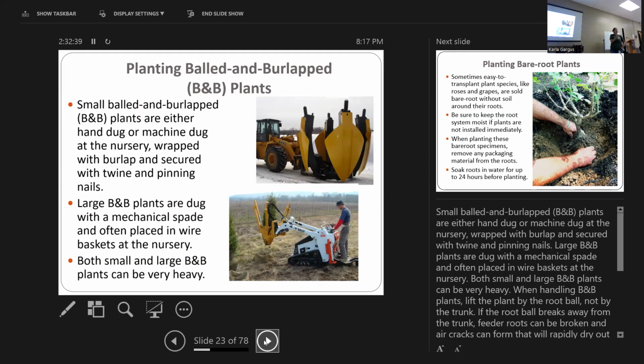Did anybody ever see the documentary on 9/11 when they planted the trees? If you haven't, you need to see it. I just recently got to watch it a couple of months ago, and Davy Tree got the job for doing it, and I did not realize how big a job it entailed. It was actually amazing, and they used the spades to actually plant the trees. If you get a chance, watch the 9/11 memorial, where they actually put the trees in